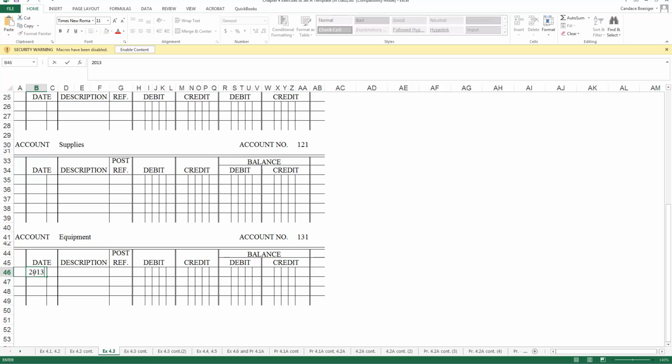We are going to start with our date. Posting reference is J1 for general journal 1, and the debit was $13,500. Now the balance in our equipment account after that's been posted is $13,500. Now we take this account number and go back and put it in the general journal